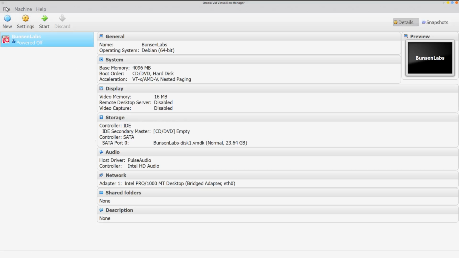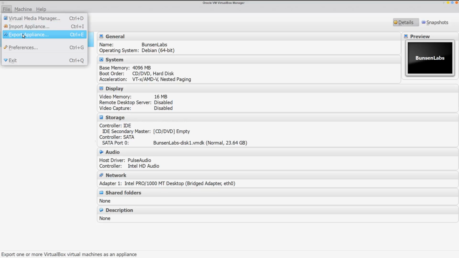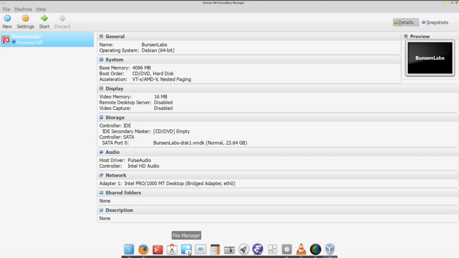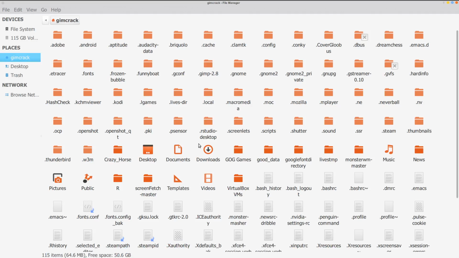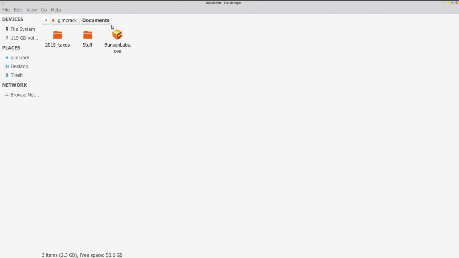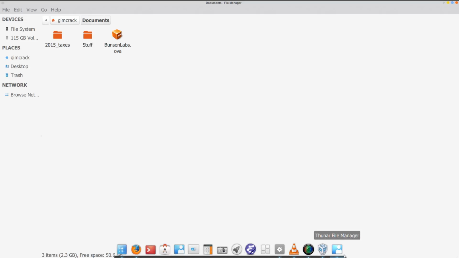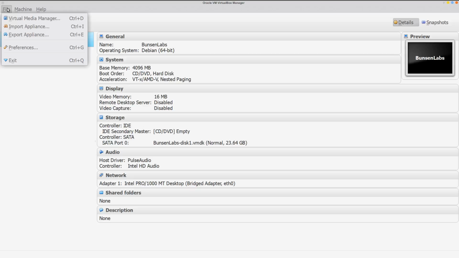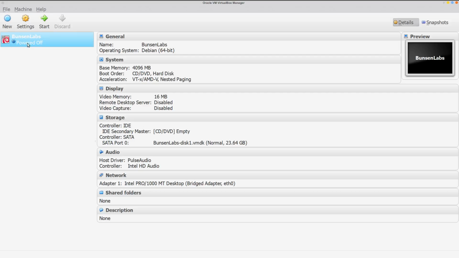If I want to save it, I go to File and export it, and then a wizard will tell me how to export it. And I actually still already have it exported. The choice was Documents by default, and right here it is. And then to import it, to put it back into your system, is import,